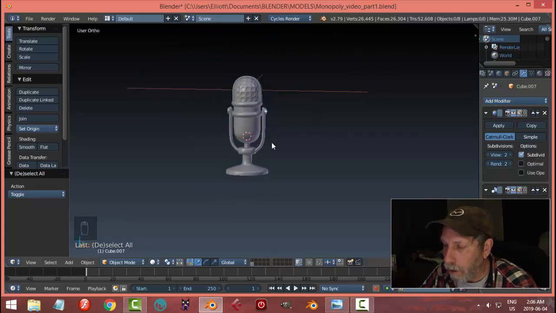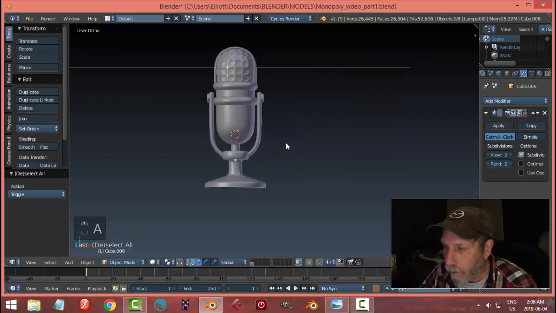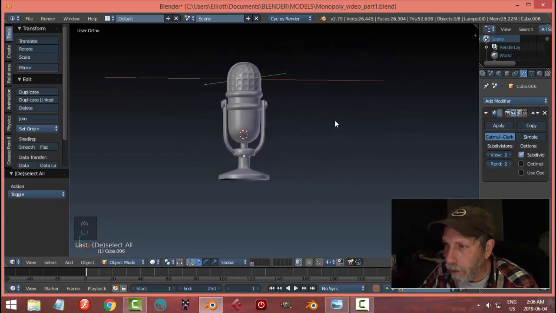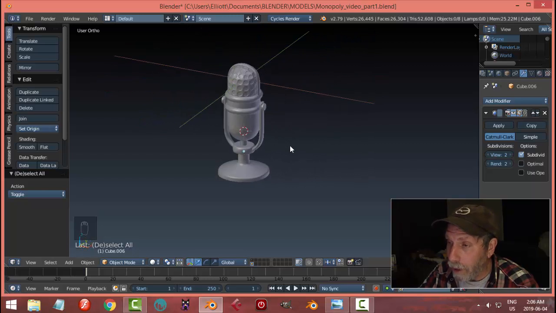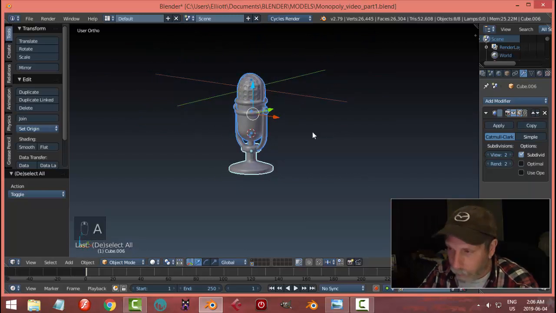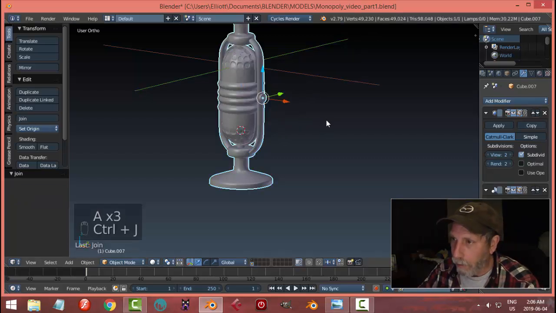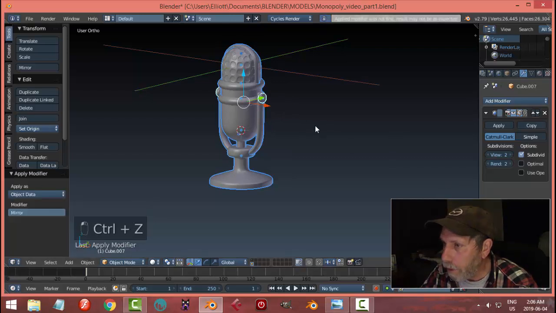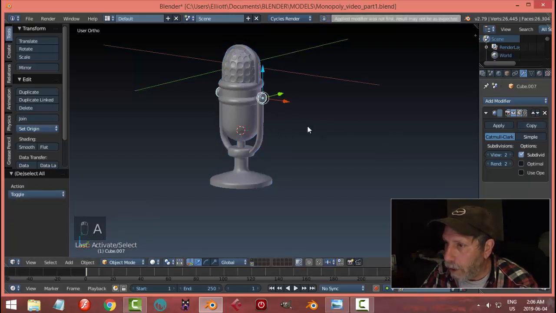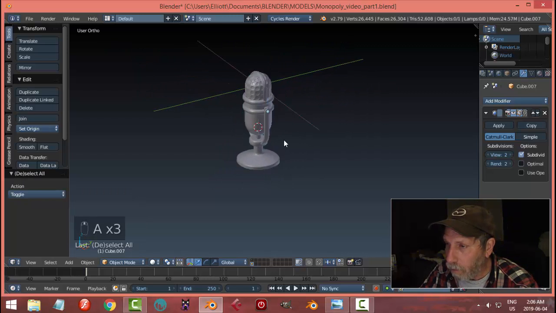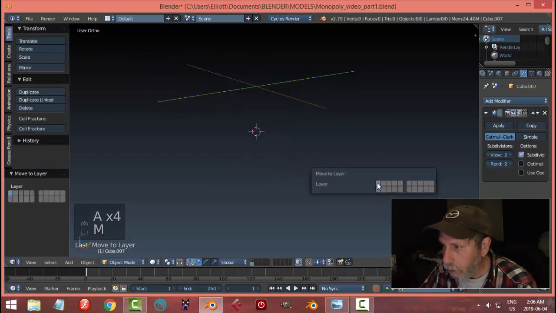That's it. That is it. Okay, it's a stylized microphone, but it looks like a microphone, so people will know what it is. Okay, I'm gonna take that. Now there's subdivision surfaces on everything, and they're all 2. It's rather a hefty piece. I think I could probably join everything. No, not that. I'd have to apply the mirrors. Any mirror I've got. Is that the only mirror I had? Yeah, I now have one piece, and I can take that and I can move that back to the board,